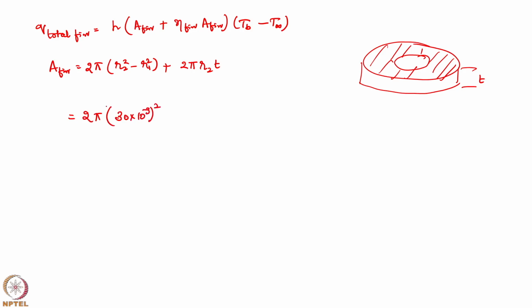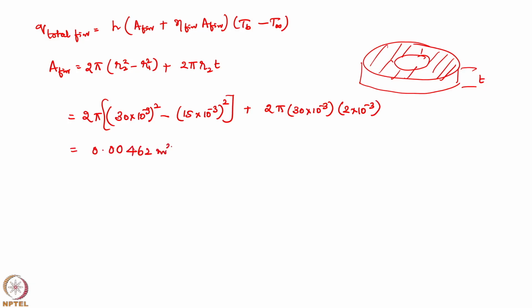Okay. So now if you substitute 2 pi into R2 squared, R2 is 30 into 10 to the power of minus 3, squared, minus R1 squared, R1 is 15 into 10 to the power of minus 3, squared, plus 2 pi into, sorry, R2 is 30 into 10 to the power of minus 3 into thickness 2 into 10 to the power of minus 3. So, you get the area of the fin as 0.00462 meter squared,